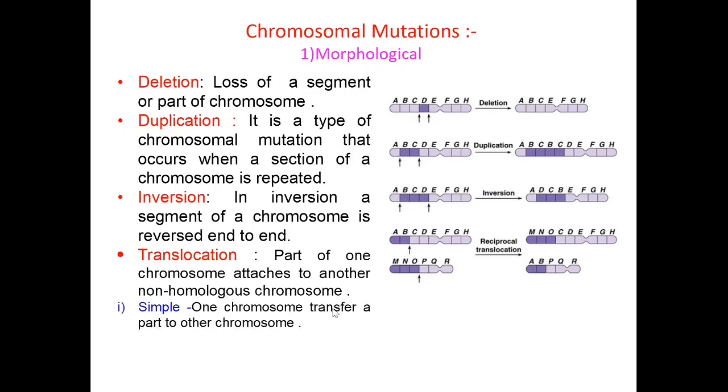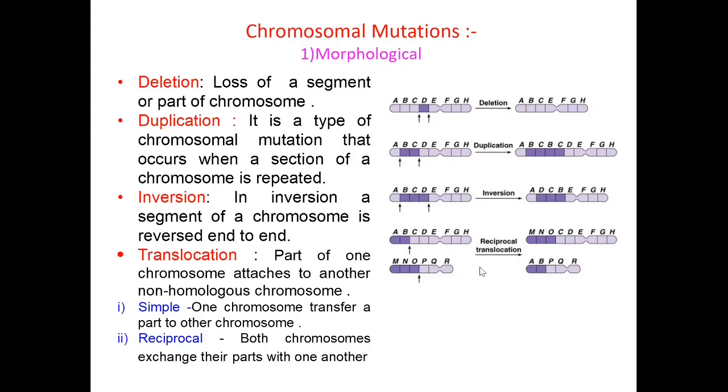It is of two types. Simple is one, when one chromosome transfers a part to another chromosome, and the other is a reciprocal type of translocation, when both the chromosomes exchange their parts with one